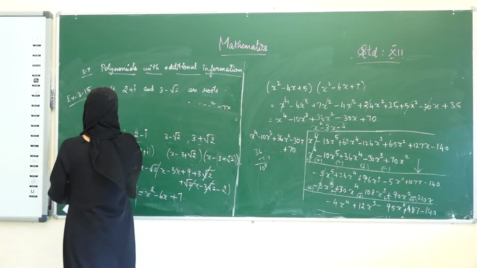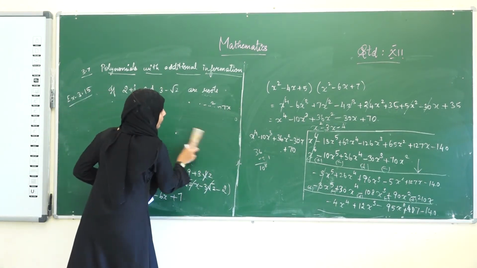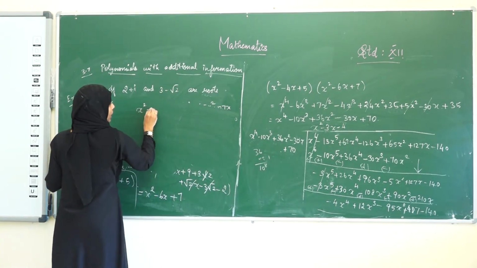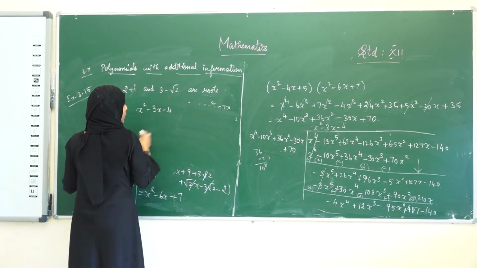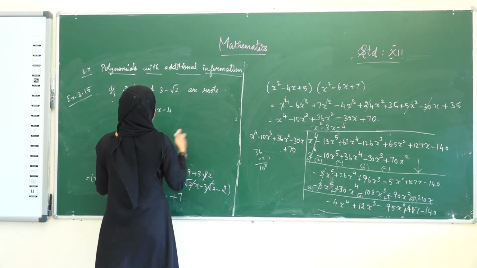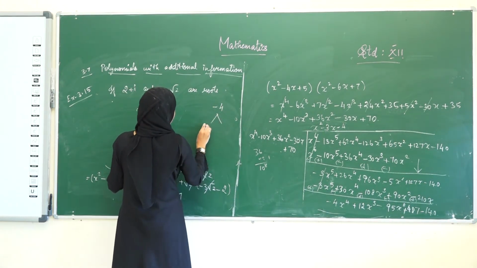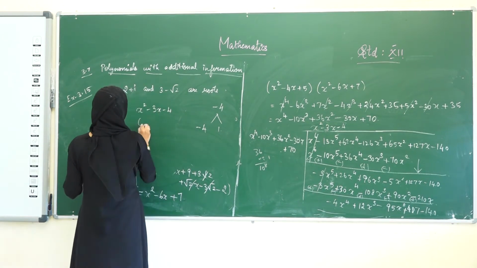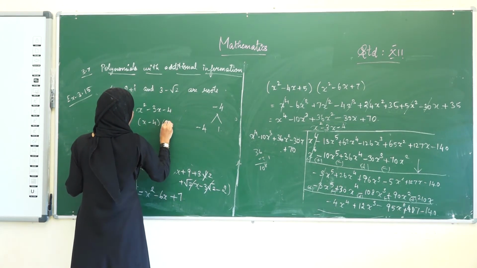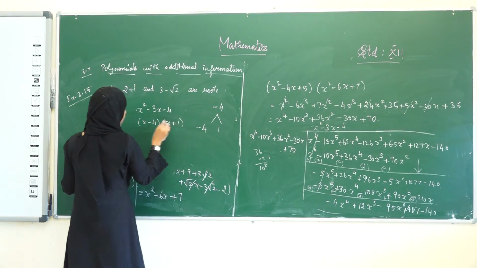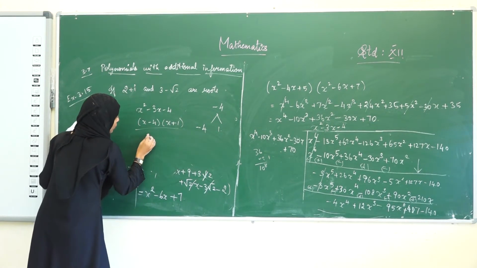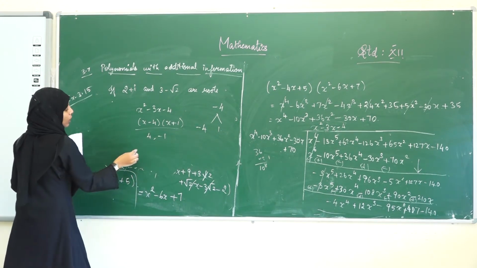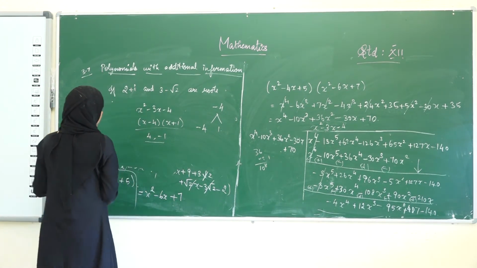Now what we are going to do is, this is the one factor, that is x square minus 3x minus 4. So we have to factorize this: minus 4, 4 ones are 4, there should be a minus. Therefore the factors are x minus 4 into x plus 1, this is the other factor. Therefore the two roots are 4 comma minus 1. We already know the 4 roots. On combining this, we totally have 6 roots.